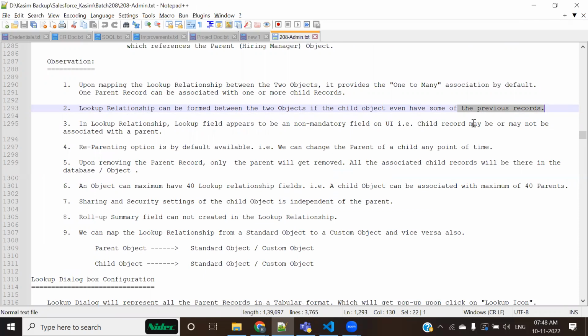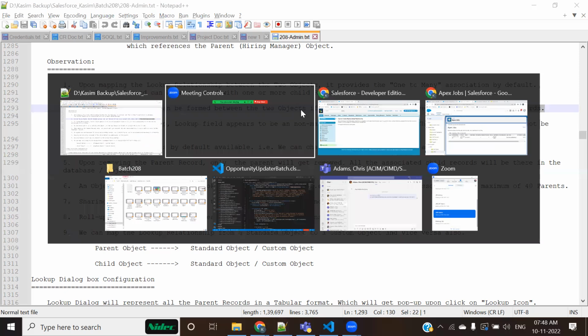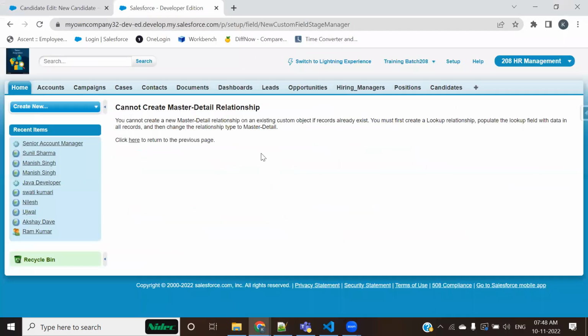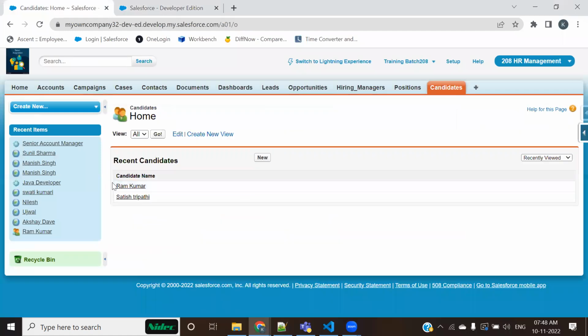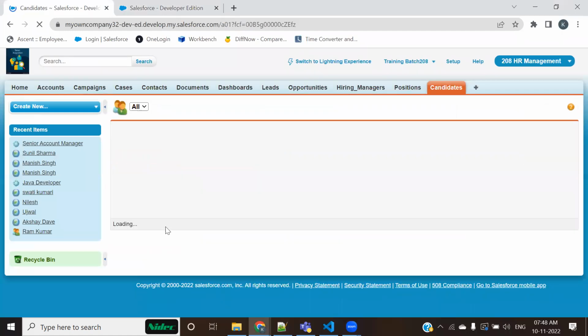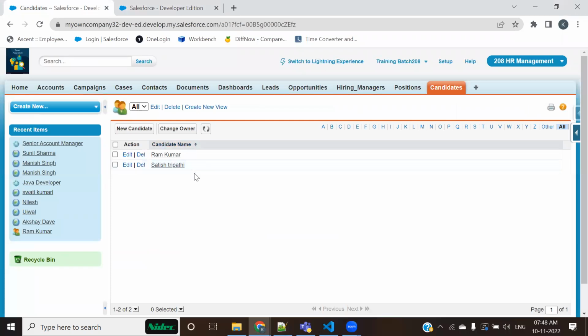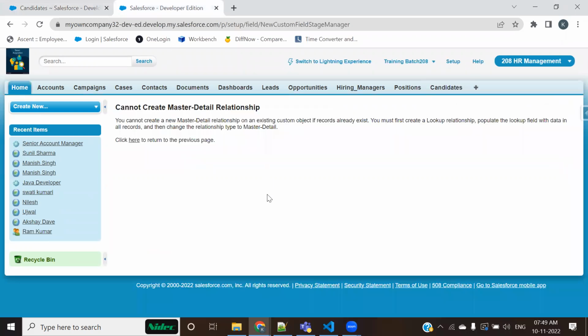Even though the child had some records, we were able to create that relationship. But now, if the child has previous records, so I'll go to candidate and verify whether the child has some old records. Yes, it has. There are two records, Ram Kumar and Satish. Because of these two records, we cannot create a master detail relationship.